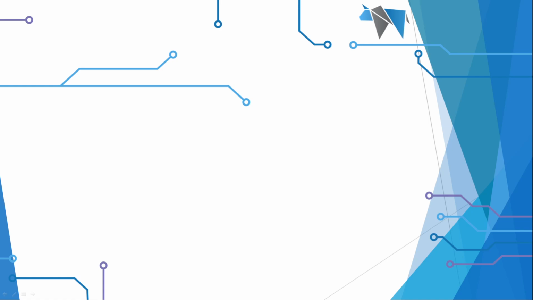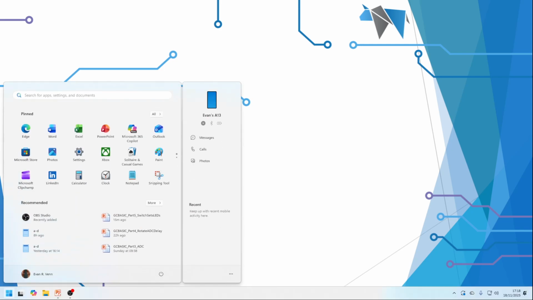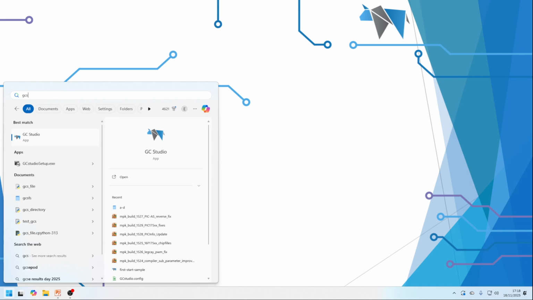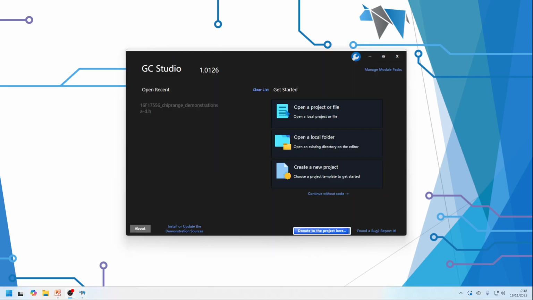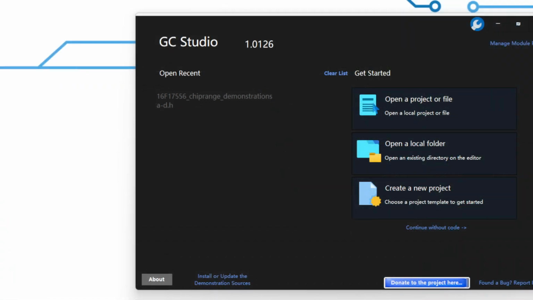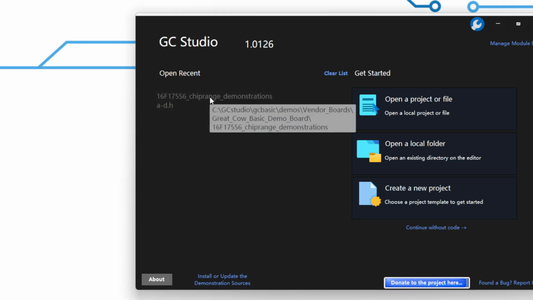Let's look at my desktop. If I press the Windows key, type in GCS, that will open up GCStudio. Once I'm into GCStudio, I get this. I can then select my recents here, and if I hover over that, you can see that's the file location: GCStudio, GCBASIC demos, vendor boards, and then you can carry on GCBASIC demo board, and then there are the chip range demonstrations for this particular chip. So if we open that,